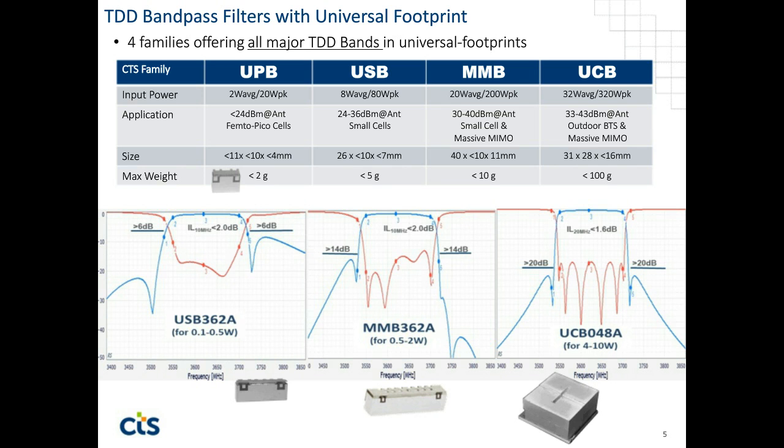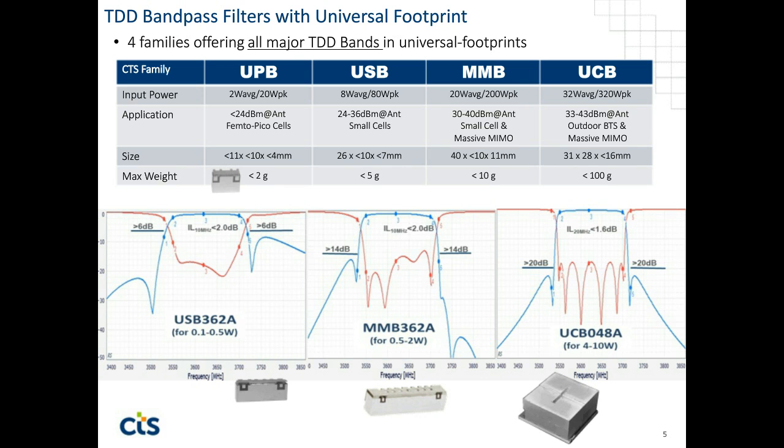So while most of the bands may be satisfied with the MMB, you may have some specific instances where you cannot be truly universal because of the extreme requirements. The China Mobile band is an example that demands performance greater than what the MMB would be capable of. The UCB is the only universal footprint